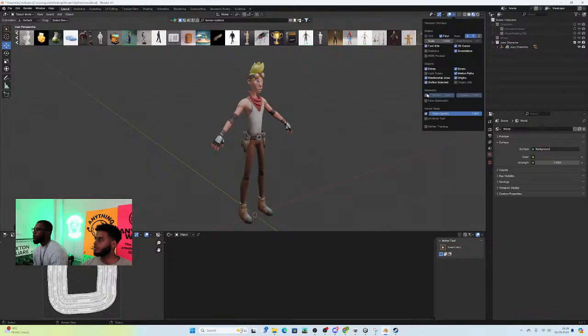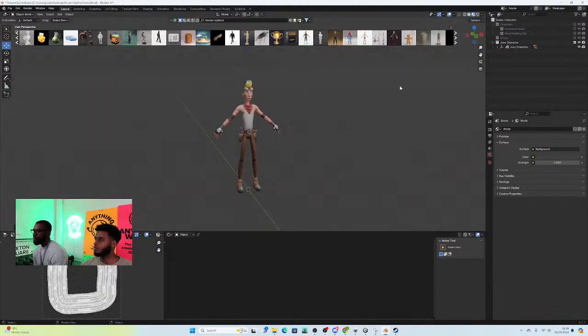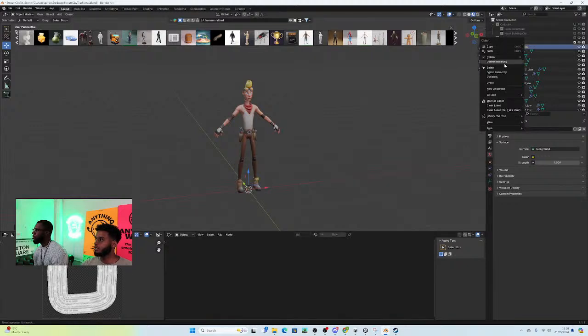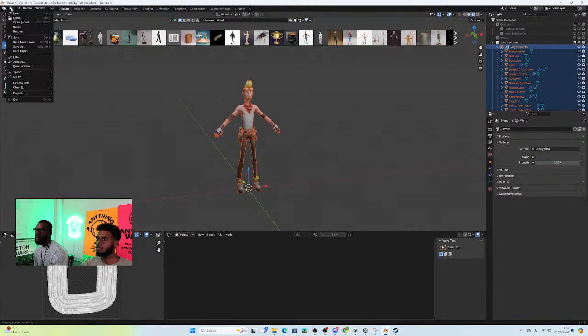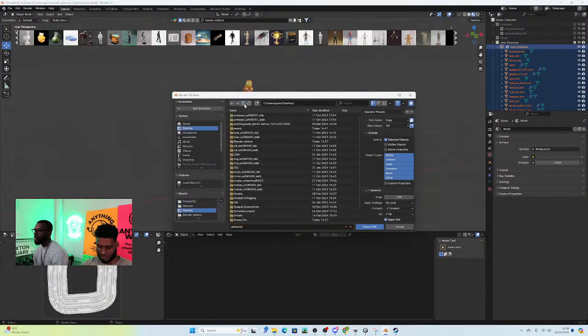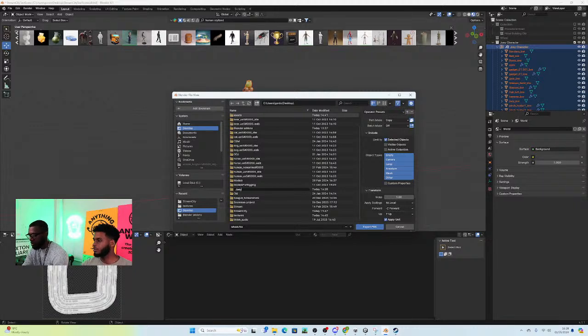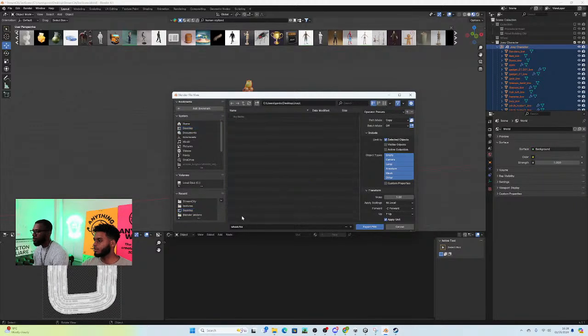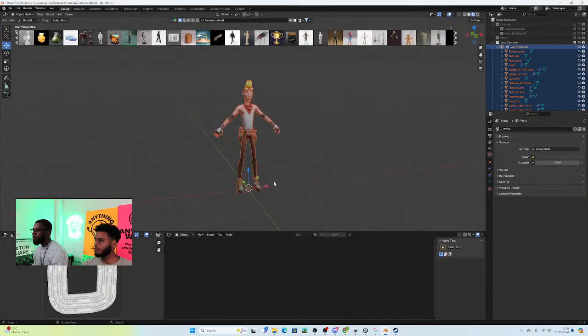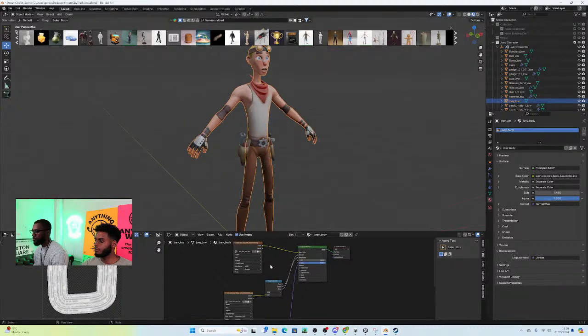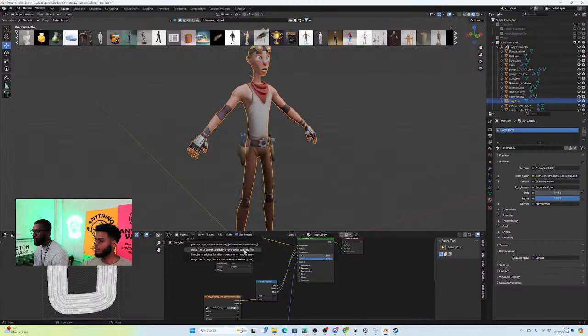Okay, so we've got a game ready character. He's nice and low poly. Looks a bit confused. I'm gonna select hierarchy, export this as an FBX. I know exactly what's gonna happen. I wanna do this Joey. And then we just save this as Joey. I do want it to export with the textures, but I know that's not gonna happen, so what I'm gonna do is quickly